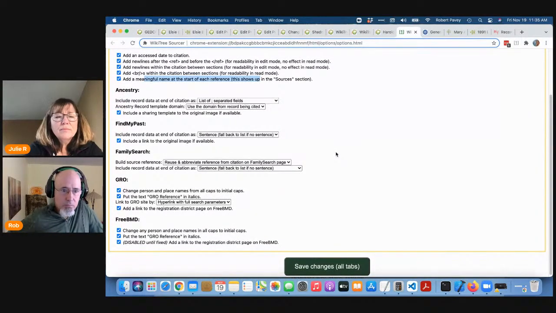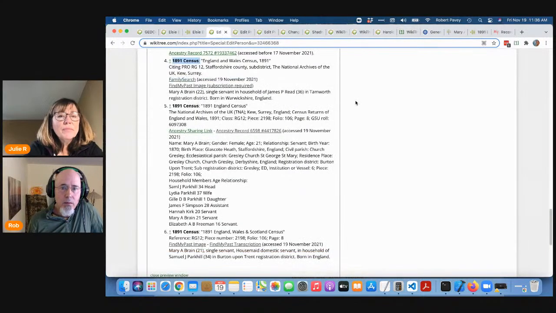So that's probably most of the things other than tables. Basically, people just need to come in here and play around with the options and see what their preferences are. Yeah. And there's a lot of different things you can do with this search from WikiTree versus the search